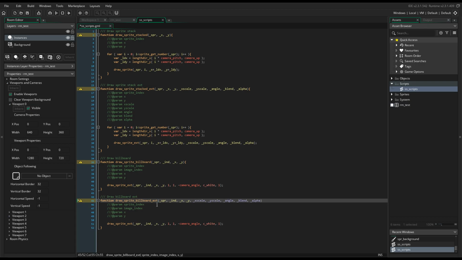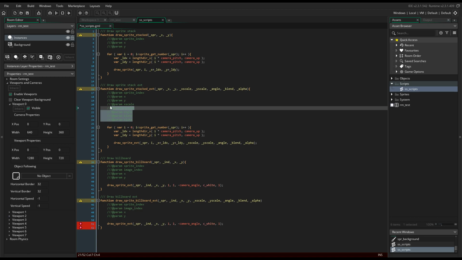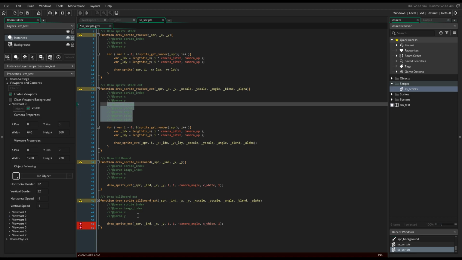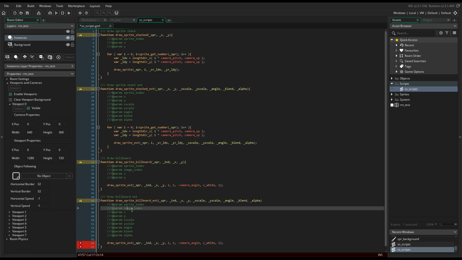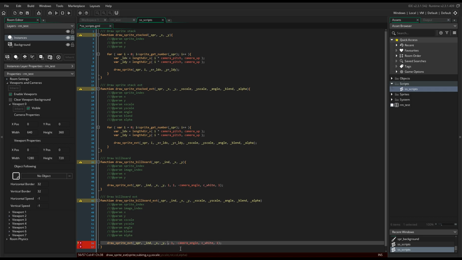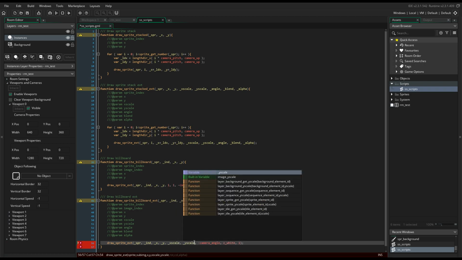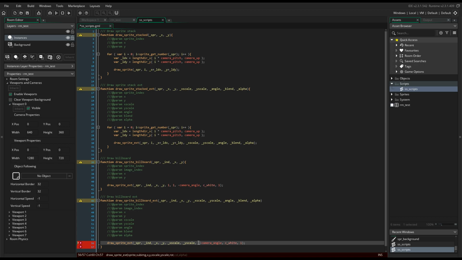Add a little comma after the Y. Take all these little parameters right here, copy those, boom: sprite index, image index, X, Y, X scale, Y scale, angle, blend, and alpha. And then in here we're going to say X scale, Y scale, angle minus the camera angle. We're going to say blend,